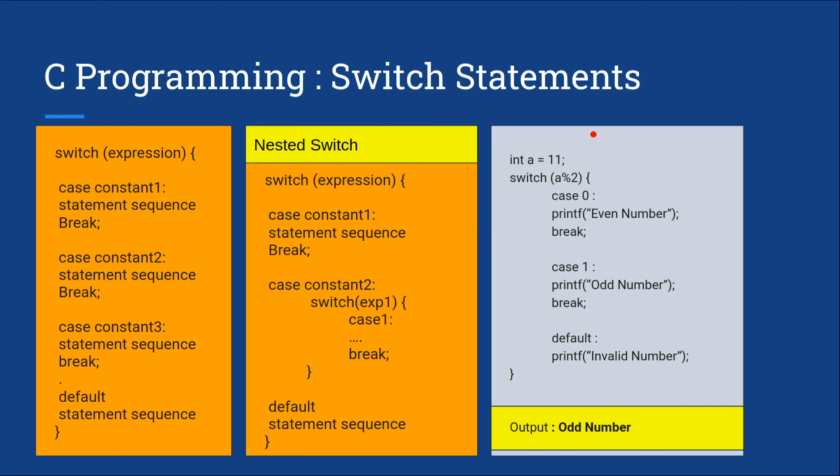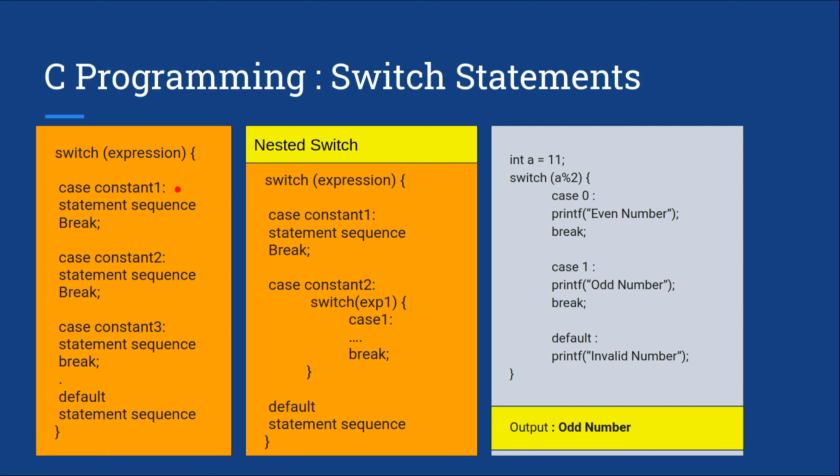Here we have a switch statement where the syntax is switch, then we have an expression, then we have case one, where we have a constant, and we will execute this statement sequence. Break is very important here. Why? Because if you do not mark break, it will execute the next case directly. It will not check whether the case label is different; it will directly start giving output. So after a case we need a break, and we can have several cases, and at the last we can also have a default case. In the default case we have a statement sequence.